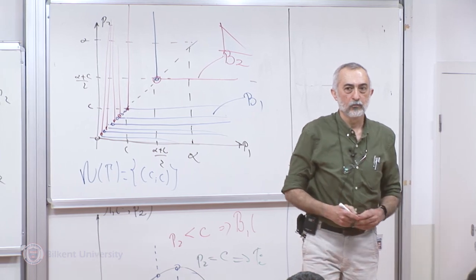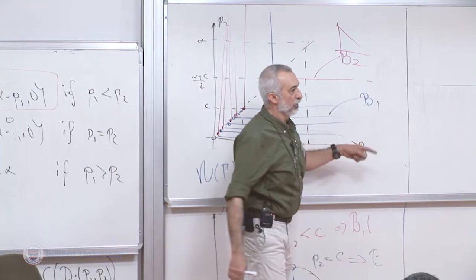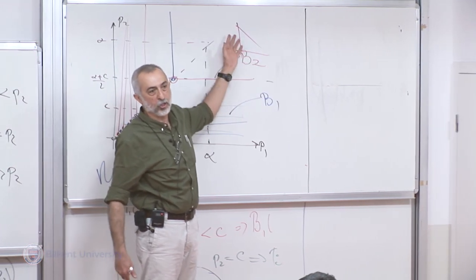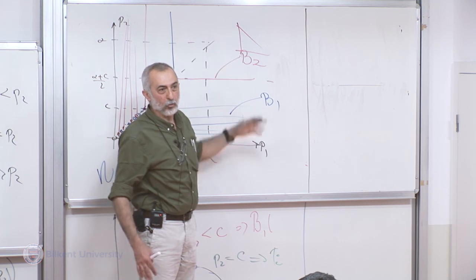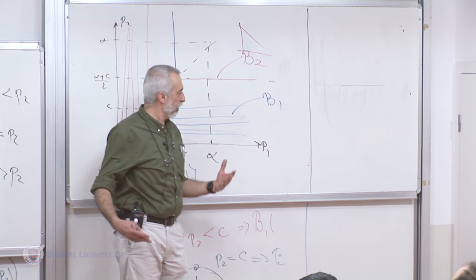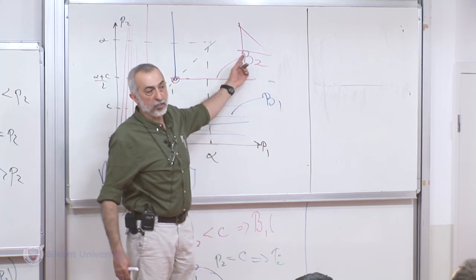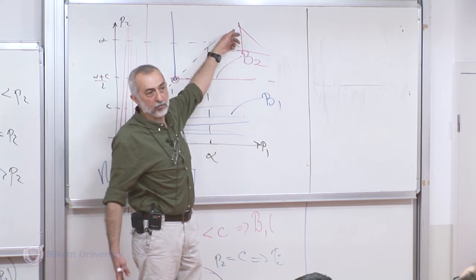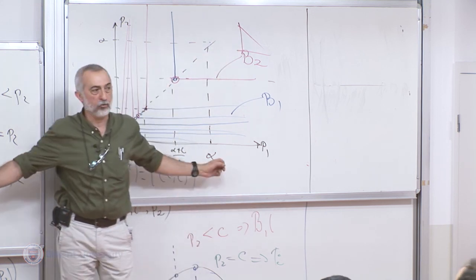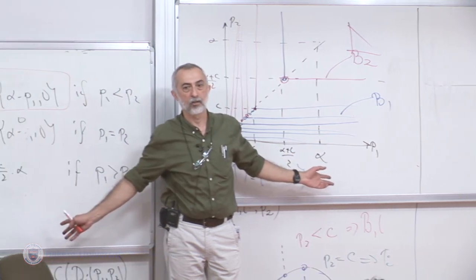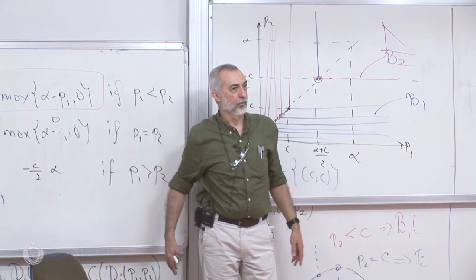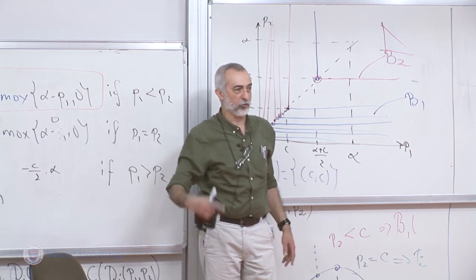When you have this demand, tell me the price, I'll tell you the quantity. Tell me the quantity, I'll tell you the price. There's a one-to-one relation between price and quantity. So when one looks at this, one could think that there is not much of a difference between setting a price and setting a quantity, right? But we got very dramatically different results. What happened? Well, I would like you to think about this.